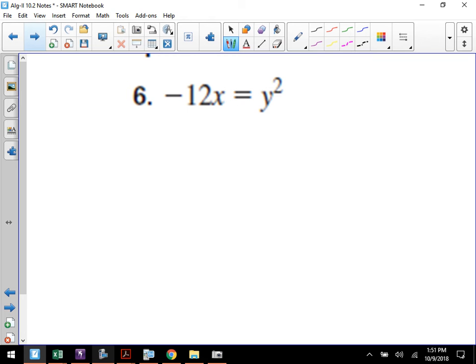Wait, listen. Somebody uses up, down, left, or right. Which way is this going? Why is it going to the left? Negative. Okay. Where's your vertex? 0, 0. Okay. That means that we have